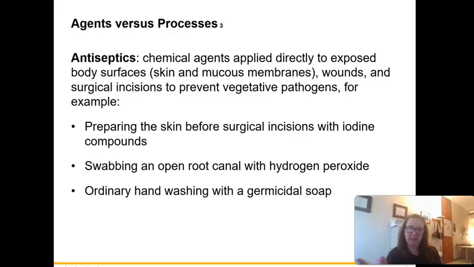And then, of course, ordinary hand washing with a germicidal soap. Oftentimes, it doesn't take any special chemicals in soap, and we will learn this in the chemical control of microorganisms. But essentially, washing your hands with soap is adding detergents to your hand, which is releasing the oils, and is also allowing you to eliminate dirt or maybe some other chemicals that are on your hands, like hand lotion,